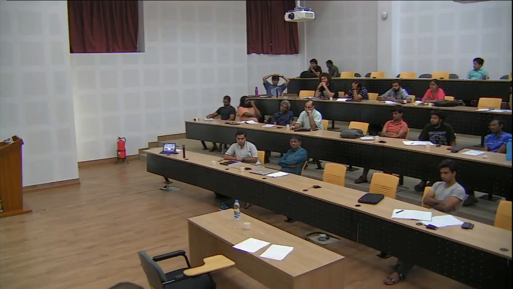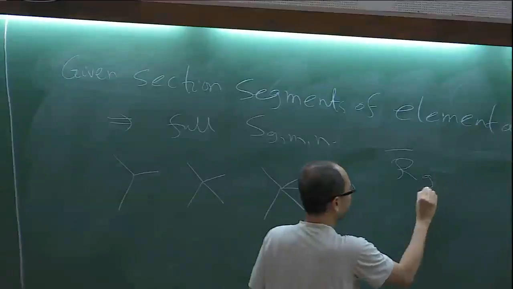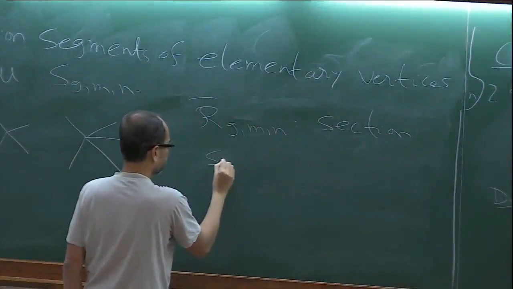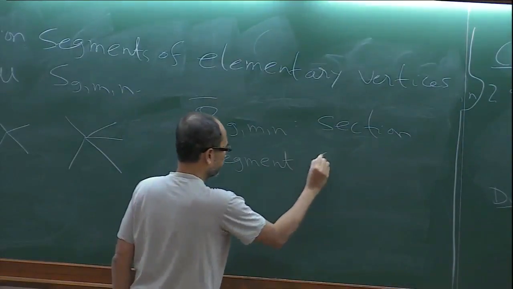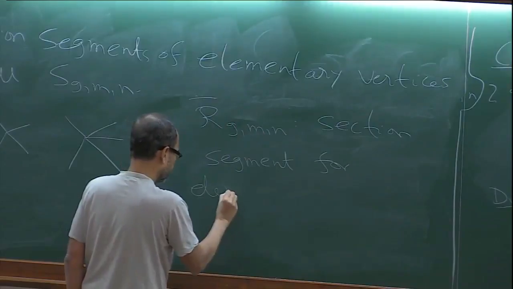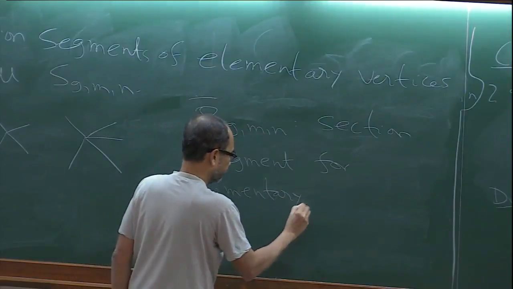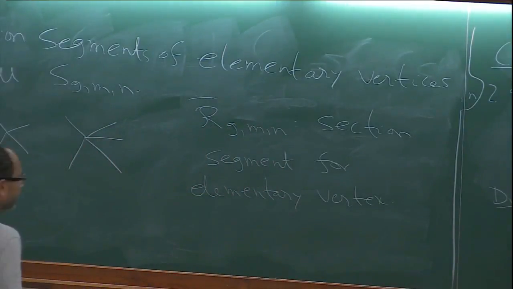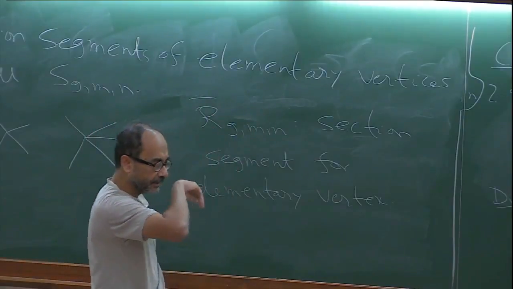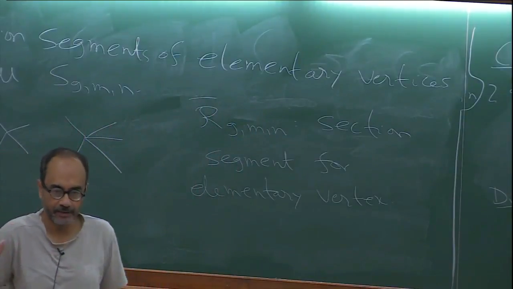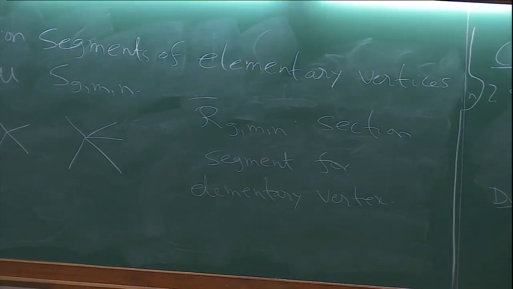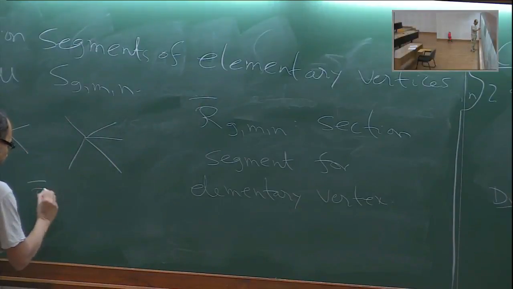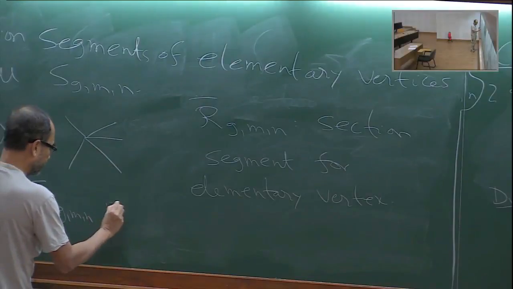Okay, so what we will do is denote by R bar GMN the section segment. Once R bar GMN is given, in principle everything else is also given because you just sew them together. However, this has very tight constraints. Not every choice of R bar GMN will do. This is constrained